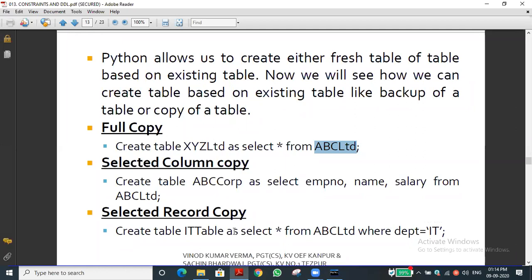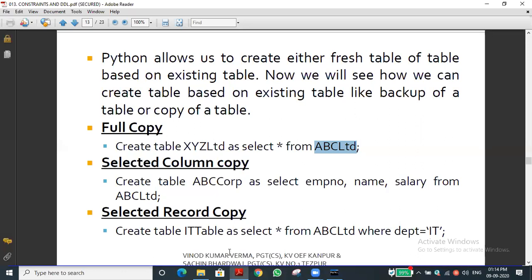For example, suppose the MD has come to the company, and he asks about employee numbers 1, 10, 23, 49, 73. That details only I need. I want to see the performance of those employees only. Suppose he is asking, we can select by employee. For that we have to use the WHERE clause.